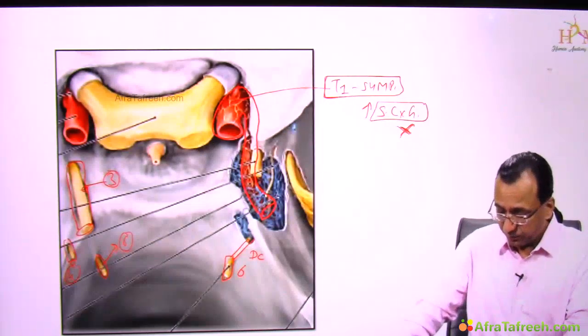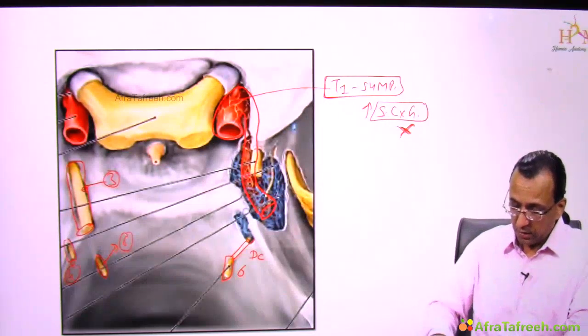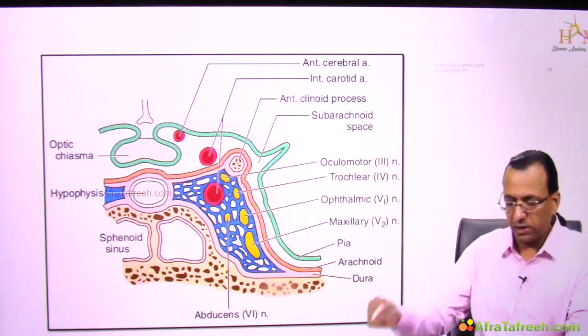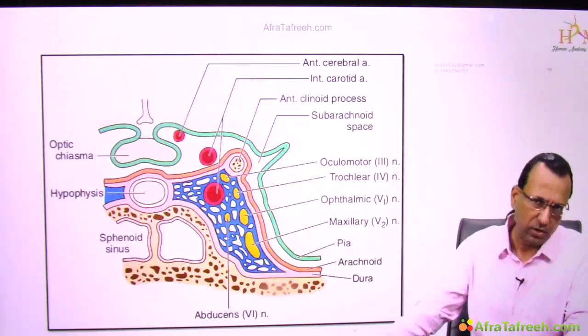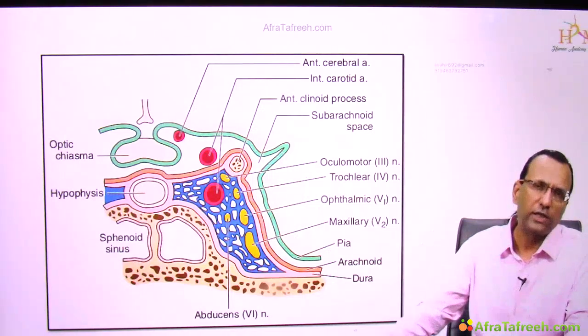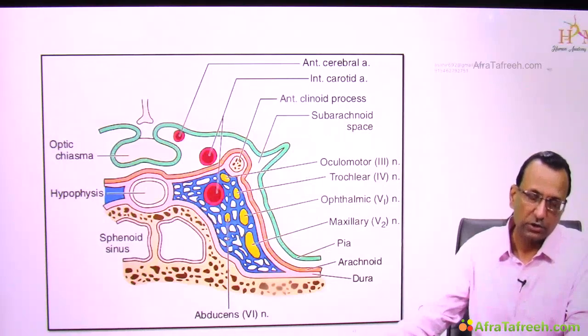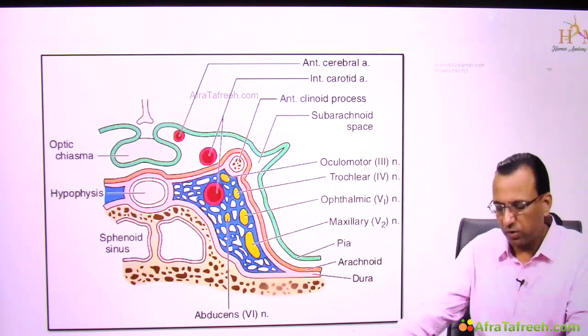Okay. So we take a section now here. When you take a section, it's a diagram we have taken from Harrison Medicine. Why Harrison Medicine? Why not Gray's Anatomy? Because I told you, Gray's Anatomy is changing one thing which we are not very sure of. So you are having doubt with Gray's Anatomy now? Yes. So I'm not following Gray's here, I'm following Harrison Medicine. Okay, follow then. What do you want to know?